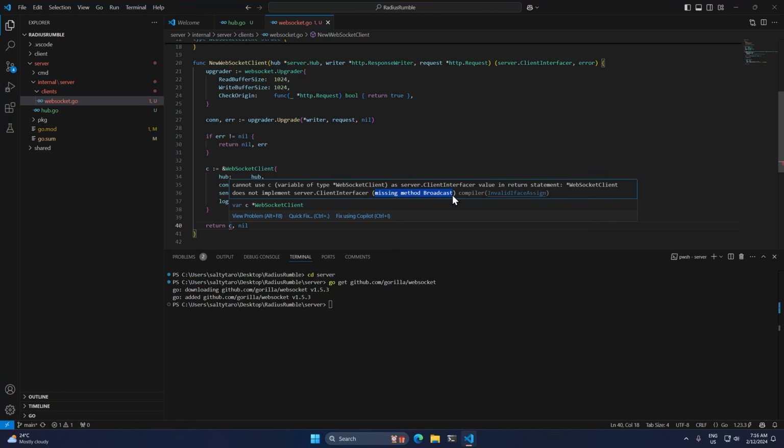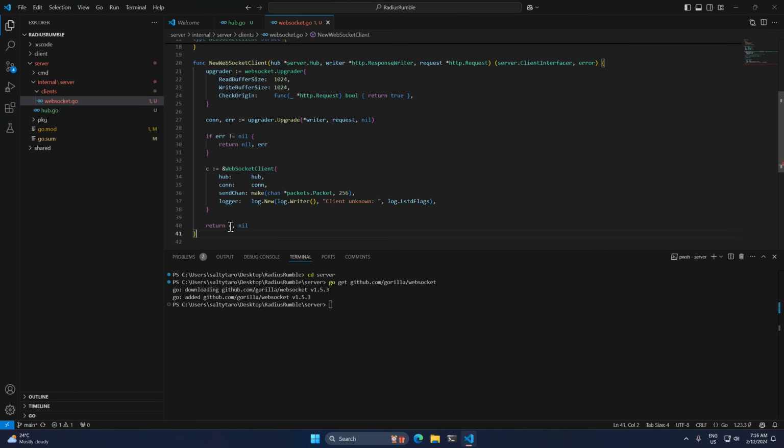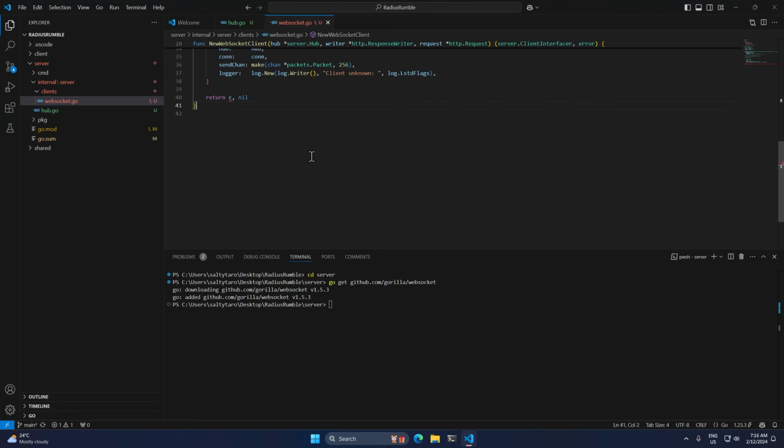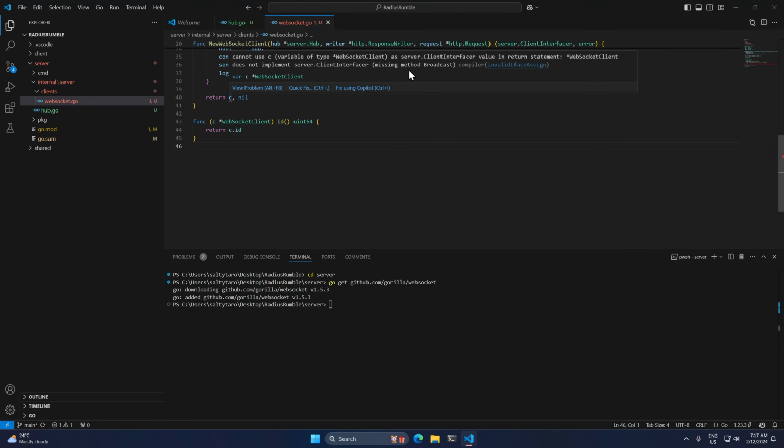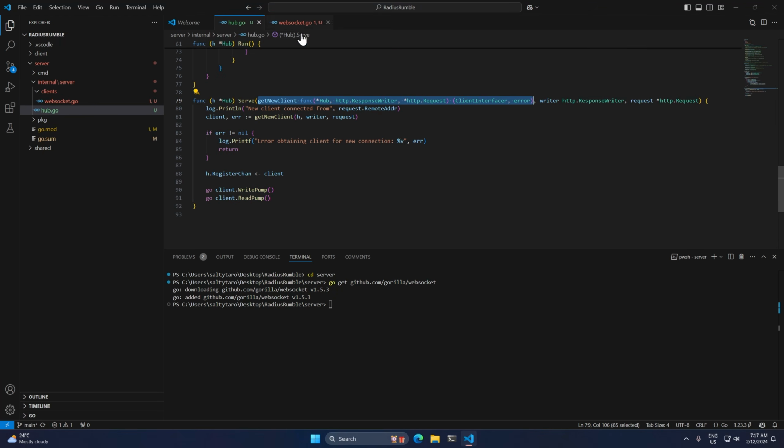But we're going to go ahead and implement all of those methods to satisfy this error. So let's start with the ID method. We'll get that one out of the way pretty easily. I probably don't need to explain this one, so let's see what else is on our checklist. We can always come back to this error and see what we're missing,